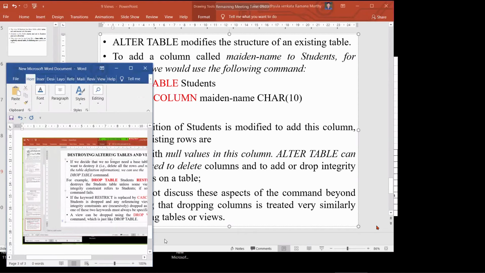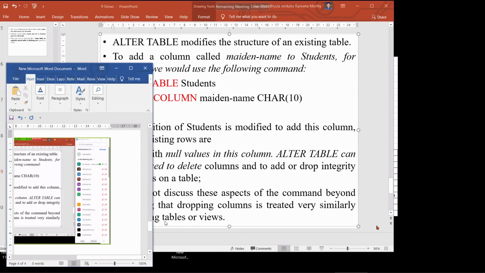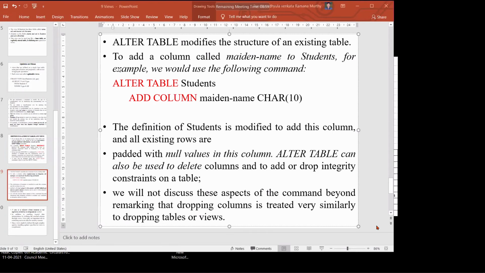Right. So whenever you want to add some new information in terms of new columns without deleting the previous table, we can use the command add column maiden name. It automatically preserves all previous values or previous columns and includes a new column called maiden name.